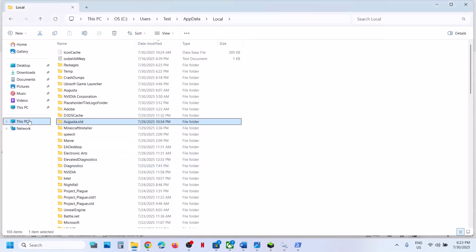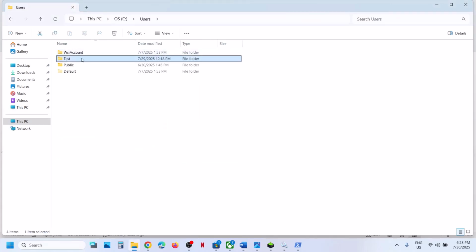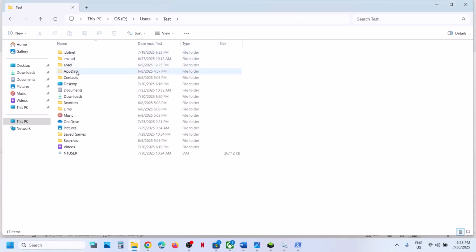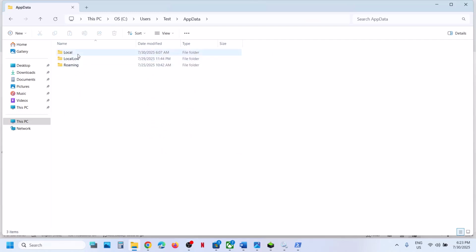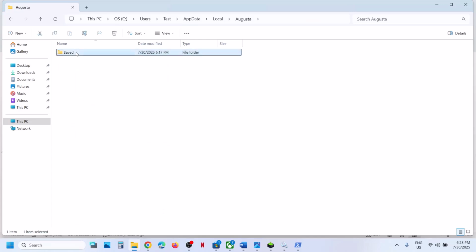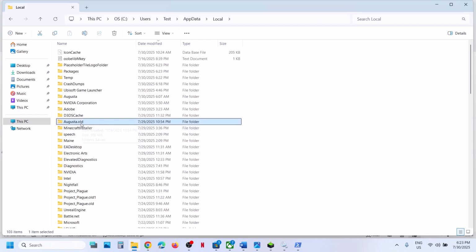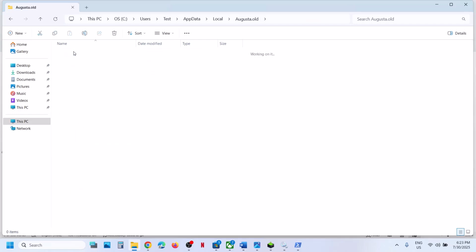File Explorer, go to This PC, open C drive. Now open Users folder, open your username folder. Now open AppData folder and then open the Local folder and then open Augusta folder, open Saved folder, open Config folder. In my case, I have renamed it, so I don't see that file. So I will show you with the old one. So you have to open Augusta folder and then open Saved folder, open Config, and then if you have the